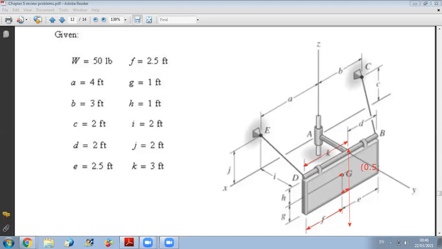For the y component of G, it is equal to the y components of B and D. You know why? Because look, the whole plate is perpendicular to the y axis, so all points of this plate will share the same coordinate, which is 2. So the y component of G is also equal to 2,